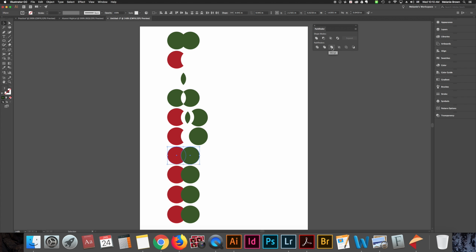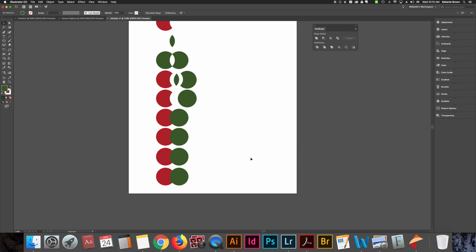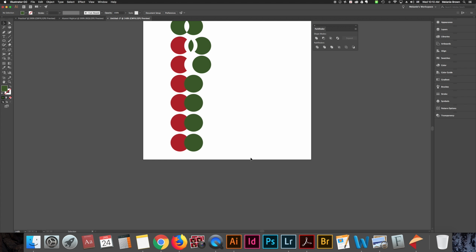After trim, we have merge. Merge is kind of tricky. There's not a lot of reason for merge. You get the same effect here when you go to the white arrow, but when you go to the black arrow, they're just two shapes that are connected. I don't use merge. If I were going to put two shapes connected, I would just group them, which is a less permanent solution and I think easier. So this one's kind of tricky. It's just kind of boring there. Okay, this next one is